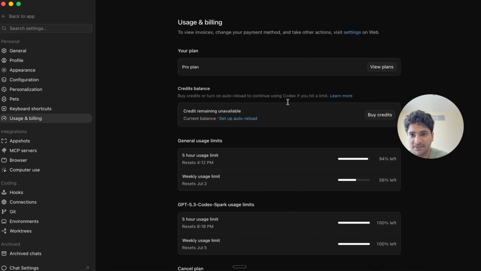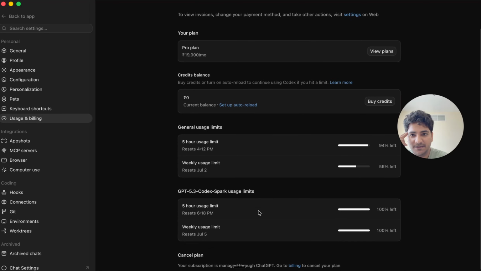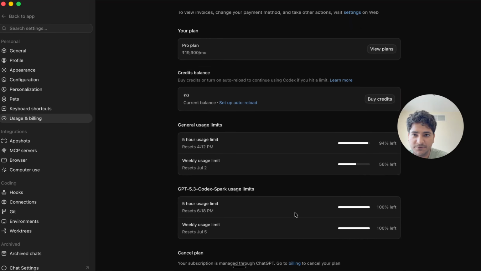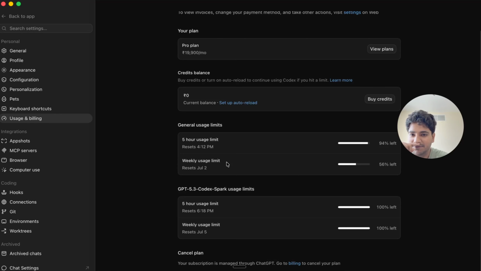My usage and billing is right here. You can look at what kind of stuff I have right now. So I'm on the topmost Pro plan right here. God bless my Indian debit card, still working overtime even though I'm in the UAE. And honestly, I will not be able to hit my usage limits. That's the best part about Codex. It's super